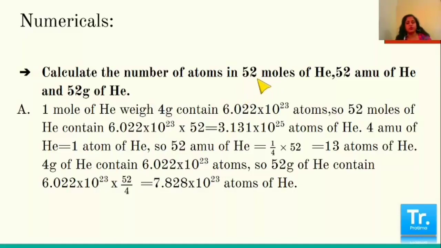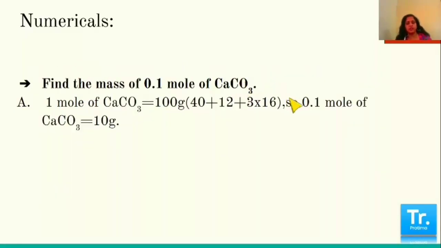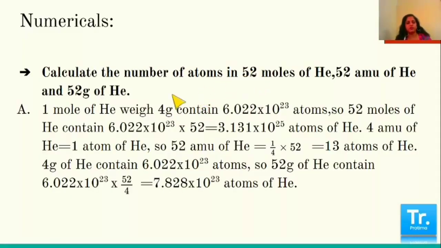First of all, 52 moles, this we have done just now in the previous one. See, as many number of moles, directly multiply. So here also we will do the same, 52 moles. Now I know 1 mole of helium weighs 4 gram, and how many atoms? It is Avogadro's number, that is 6.022 into 10 to the power of 23. So 52 moles will be Avogadro's number into 52. So if it is 1 mole, how many number of atoms? Avogadro's number. So if it is 52 moles, how many number? Product, and multiply and write the answer directly.